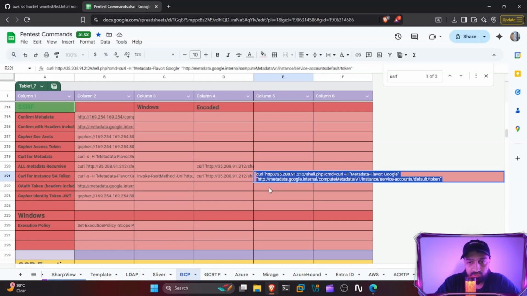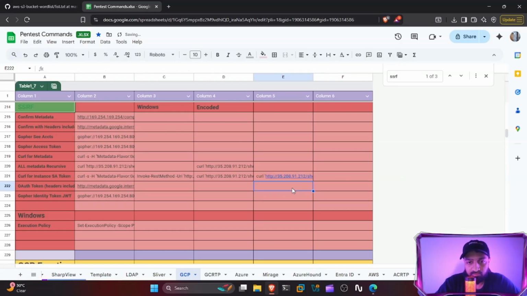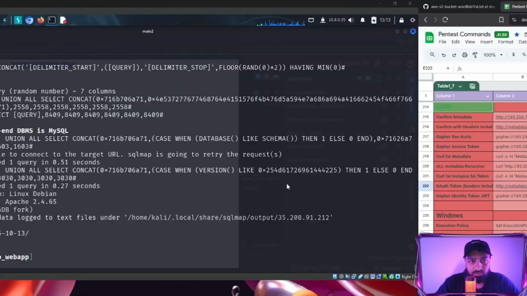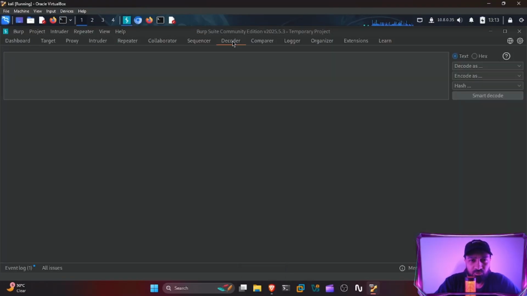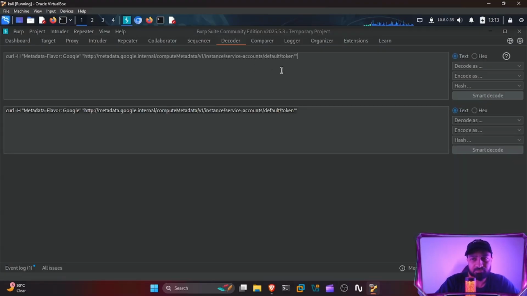So I'm going to take this curl command and we're going to go to Burp Suite, go to decoder, and if I paste this, this is the standard curl to get the metadata, to get the token for the default service account. And if I go to encode it to URL,